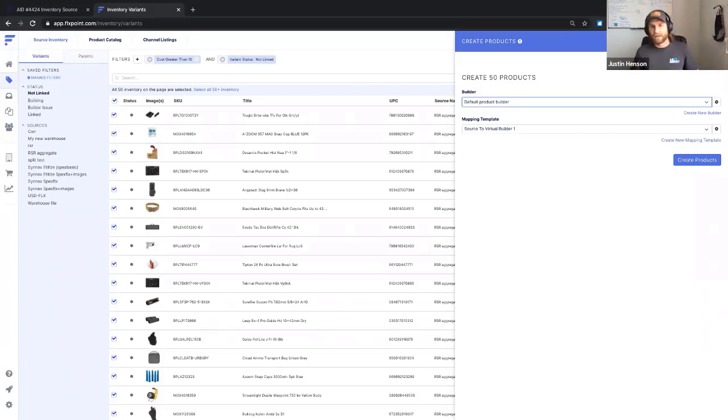So we'll get into the mapping template side of things. Similar idea to source mapping or channel mapping, it's basically where are we moving data points to and from? So if you take a look at this default one here,